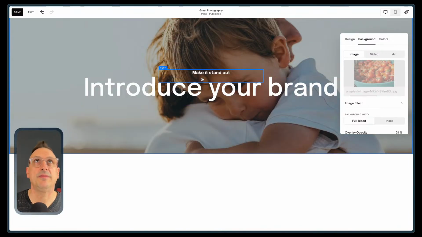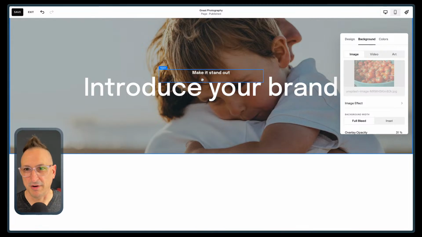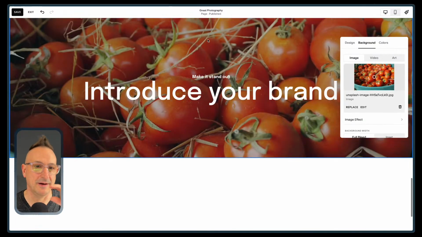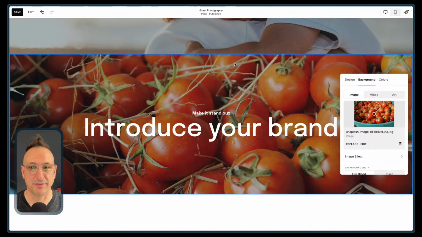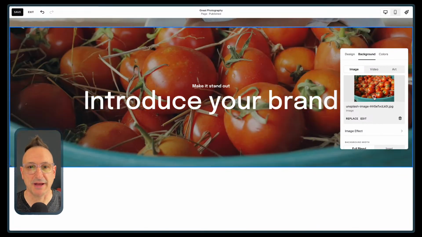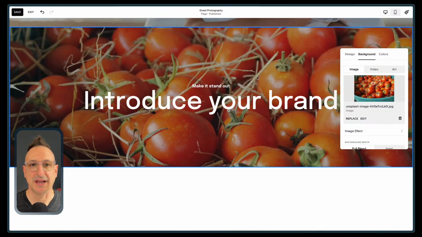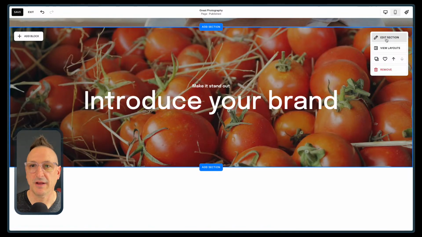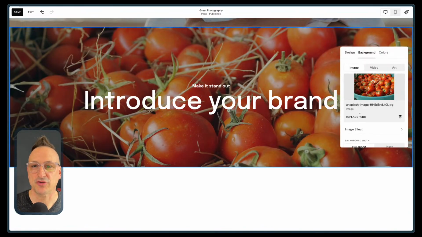So if you're working with something that is almost like, this is pretty close to micro photography, right? It might actually be micro photography. You could have a conversation about tomatoes here, but you couldn't really have a conversation about the bowl or whatever they're in. So it would kind of limit what it is you could do in here. And the same is true if you're choosing an image